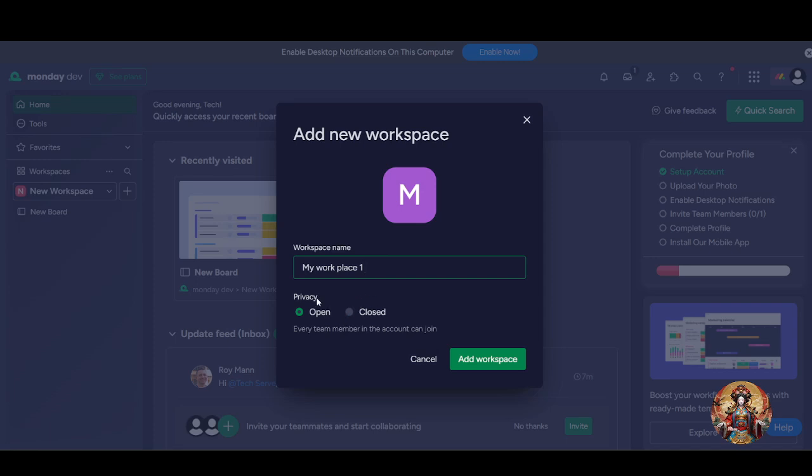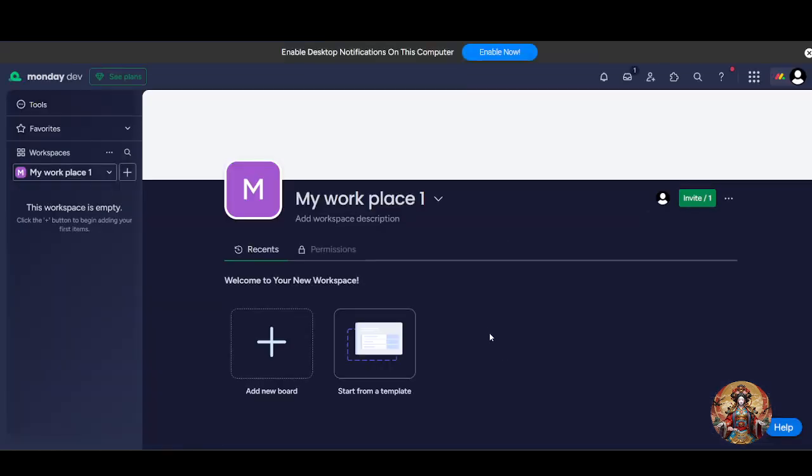If you want to make this workspace private or open, every team member in the account can join if this is open. If this is closed, it's available for enterprise only. So just click on open and click on add workspace. Now over here you have to